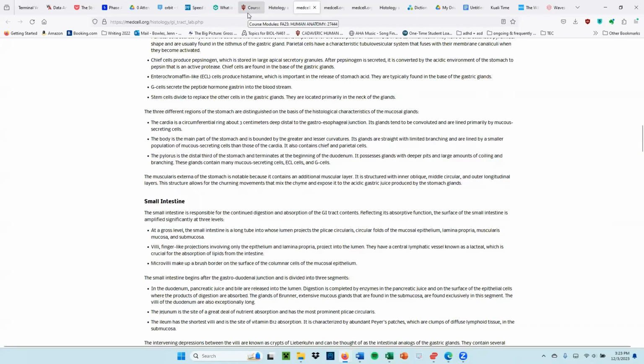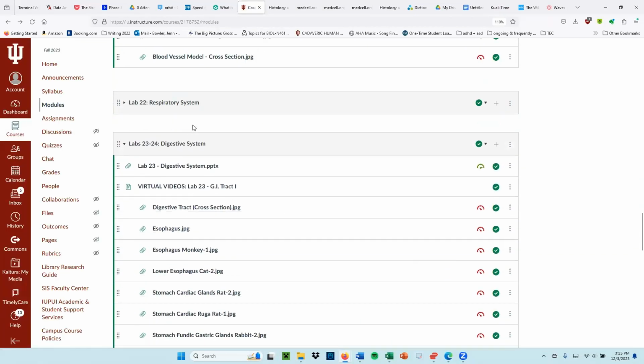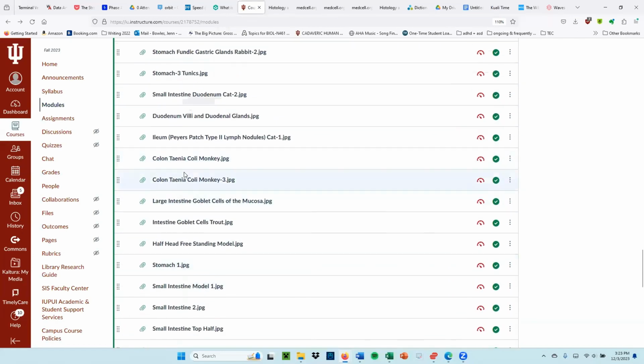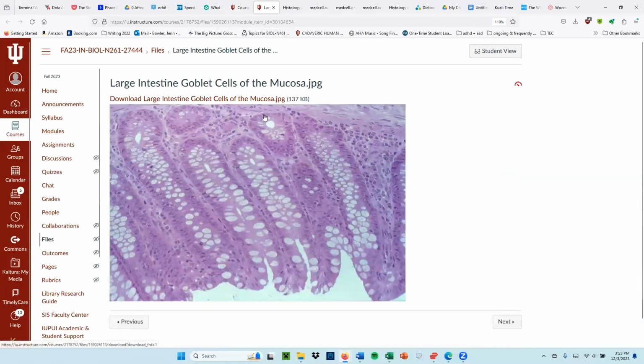I'm going to work backwards, actually. So we'll start with the colon because the main way to tell the colon apart from the other regions is the presence of lots and lots of